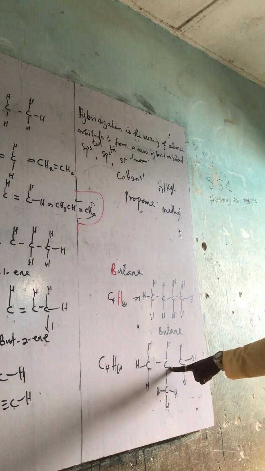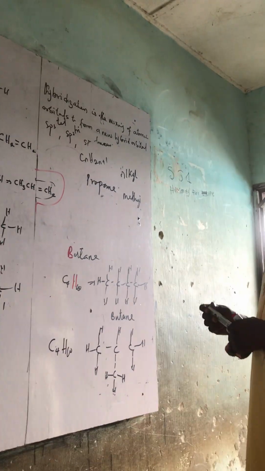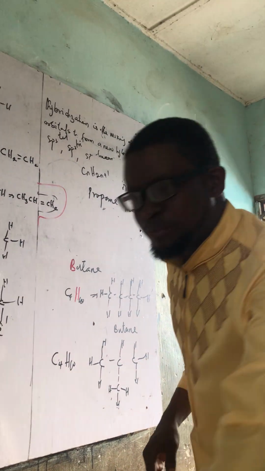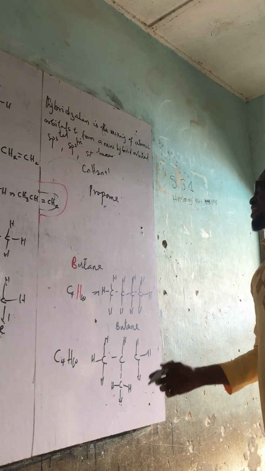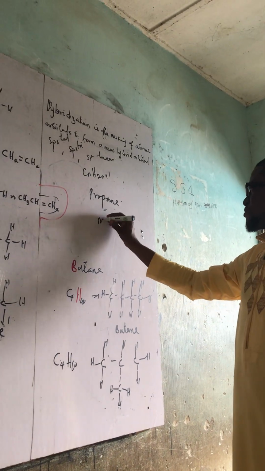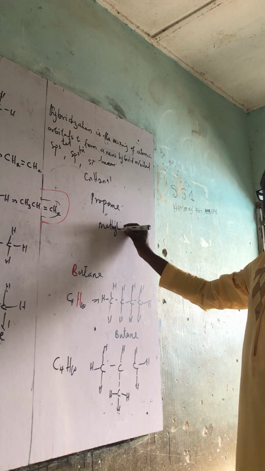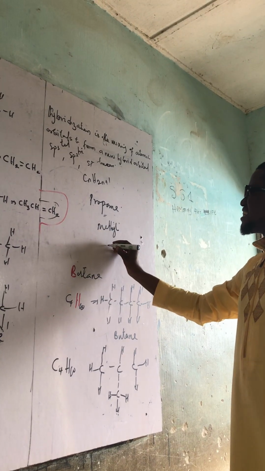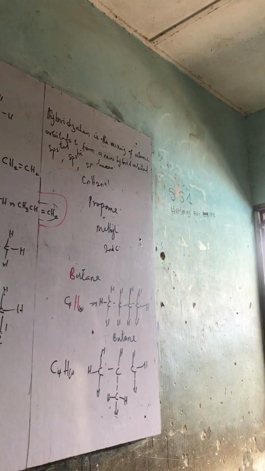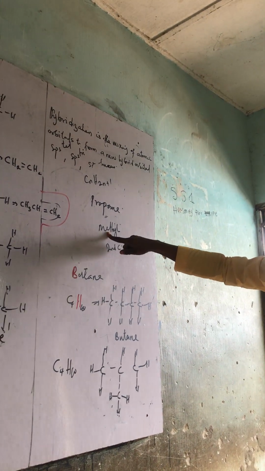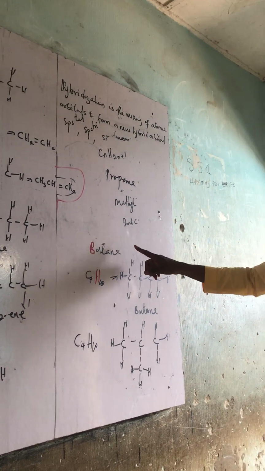Now, the attachment occurs at the second what? Carbon. And the parent name is what? Propane. And what is the name of that attachment? Methyl. So this is the name of the attachment, methyl, and that attachment comes on the second carbon. Now, if you want to name this thing, the name of the attachment is methyl, and the position of the attachment is the second carbon, so you now say